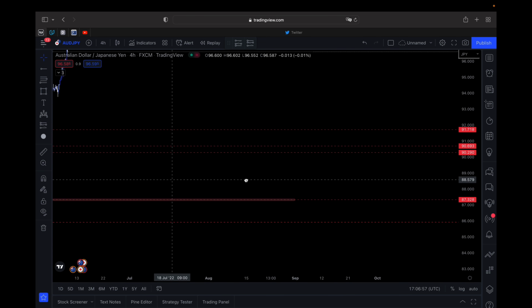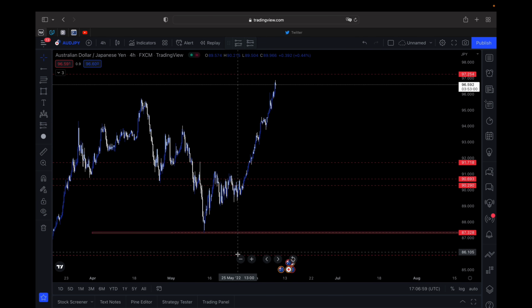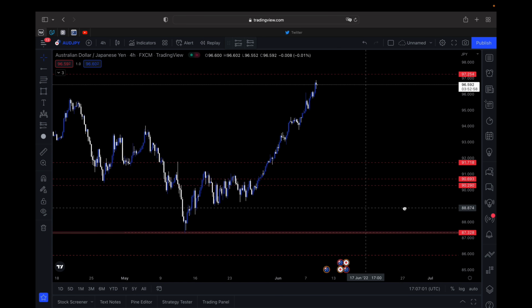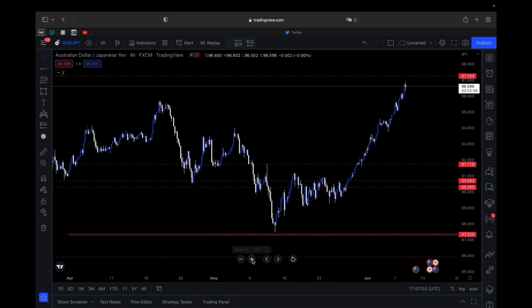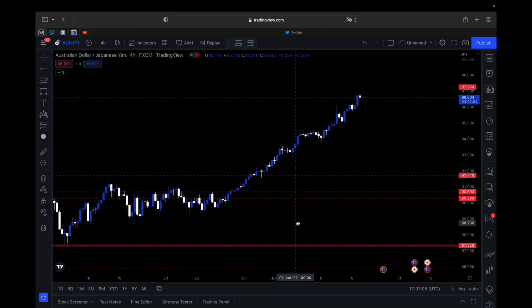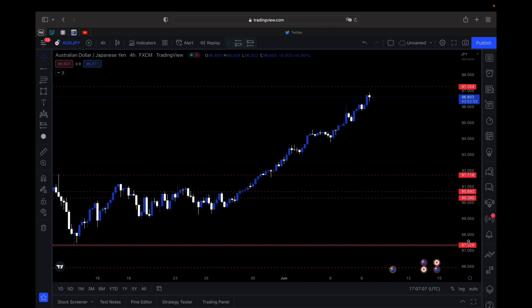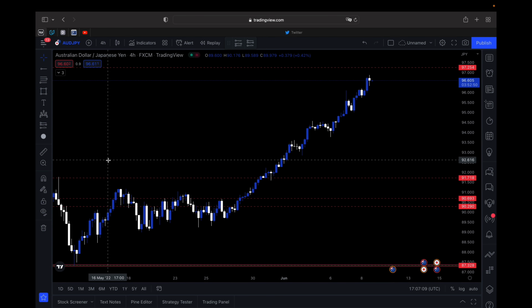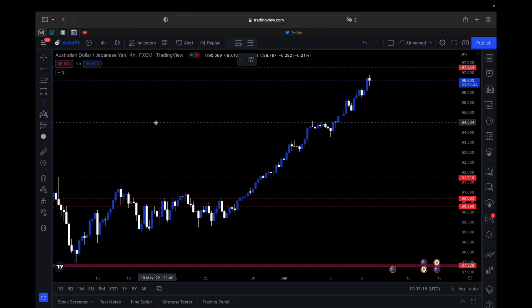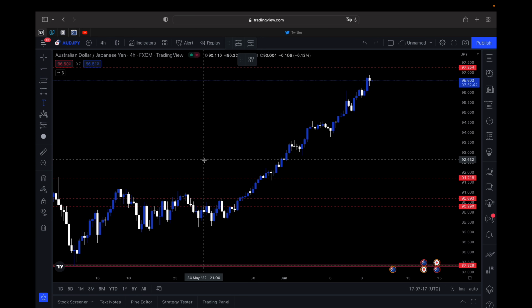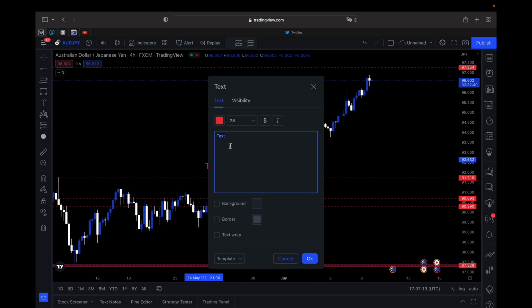So here you go. So we are obviously on a bullish trend. Why do I say we are on a bullish trend? Because the market is making a significant higher highs and higher lows. So here you go. For the high,